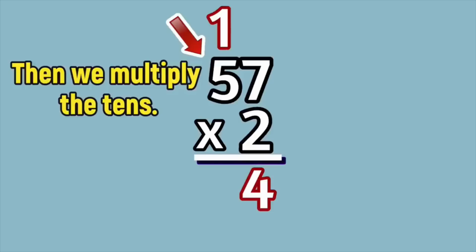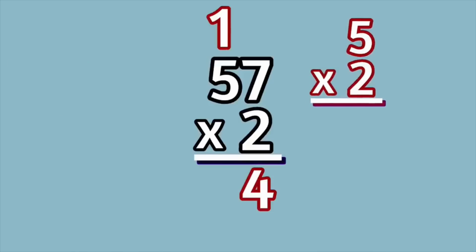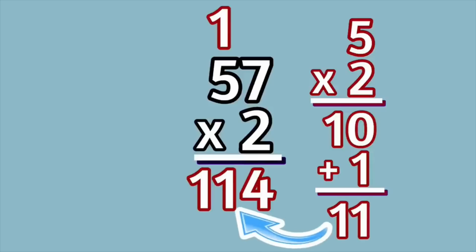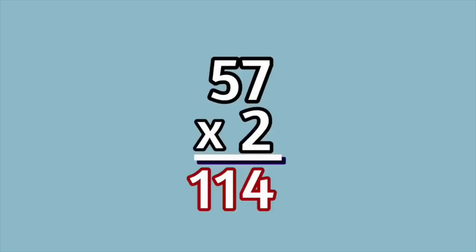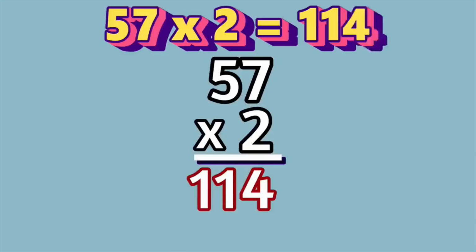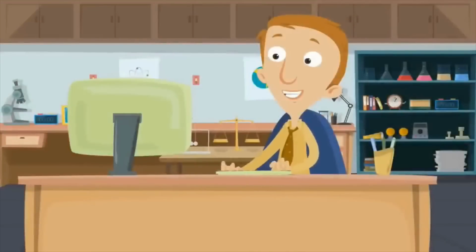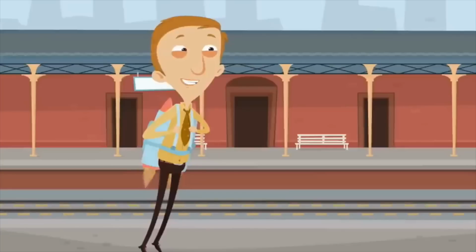We do that by multiplying across 5 times 2. What is 5 times 2? 10. That's right. But we have this extra 10 that we carried over from 14 when we regrouped. All we do is add that extra 1 to the 10, which gives us 11. We write 11 down here, and we have our final answer. 57 times 2 equals 114. 114 is the product. Hey, let's practice regrouping with one more problem,